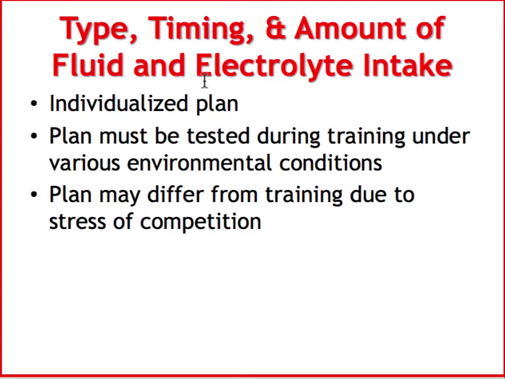If you are exercising for over an hour and a half, you probably want to consume carbohydrates at a gram per minute, which is the maximal absorption of carbohydrates. And in a sport beverage with a sodium concentration of about 20 to 40 milliequivalents per liter, which is about a 6 to 8% solution. Make sure it's an individualized plan.